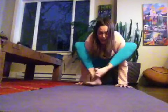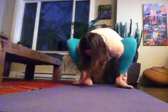And then see if you can swap the crossing nice and slow. Push down into your hands, squeeze your feet. There we go. And then to come out nice and slow, bring your feet down and see if you can just release back into that squat. Maybe releasing the